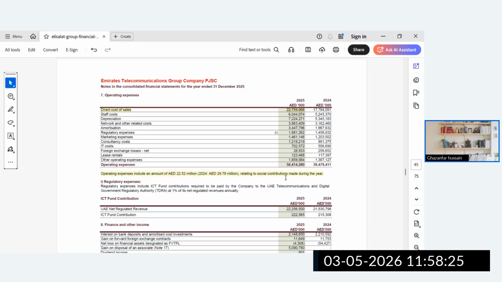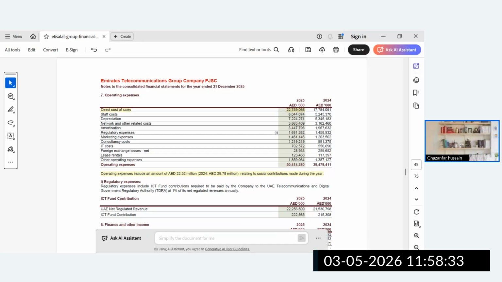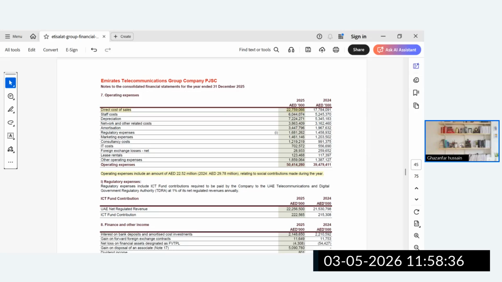So what is the breakup of this social contribution? Can anybody let me know what is the amount of the social contribution? I highlighted one figure, then I asked for the second figure. Now I'm looking for this third figure. So what is the breakup of that? How much of the figure are we going to take over there?